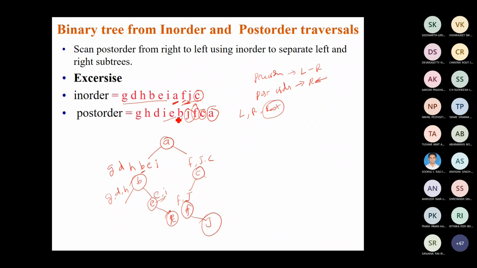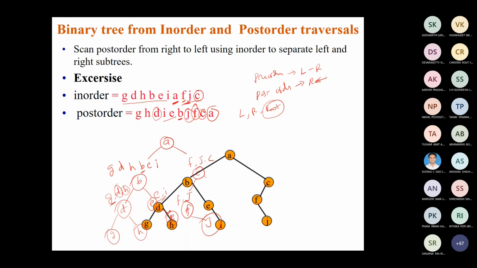I is already considered. Next we have D. D is identified here. D is nothing but the middle node here, so D is going to become the parent node. Only one node to the left of D, so G is going to become the left child, and H is going to become the right child. This is how you can build a binary tree uniquely by using this. So this is the output; you can see here it has produced the same tree.